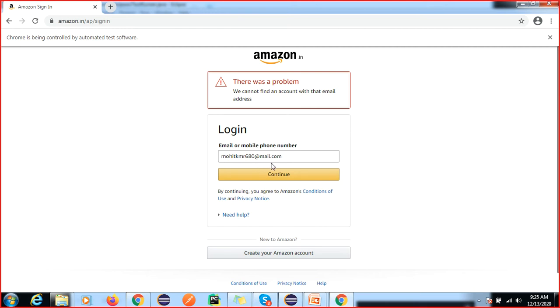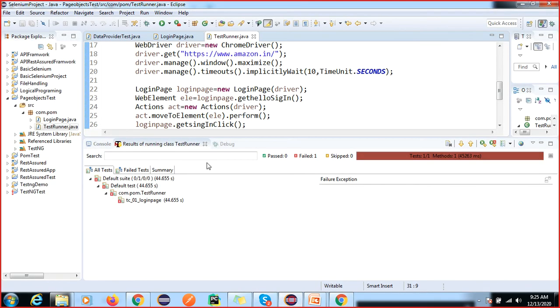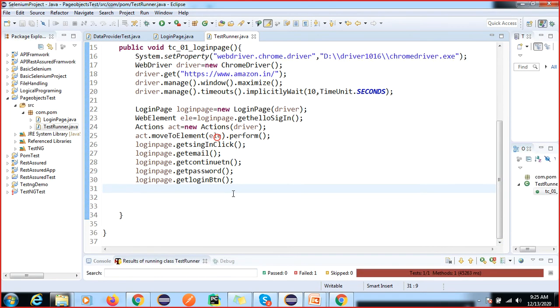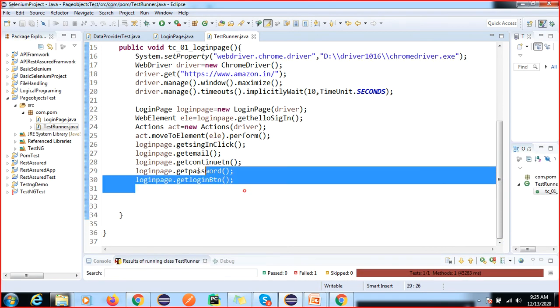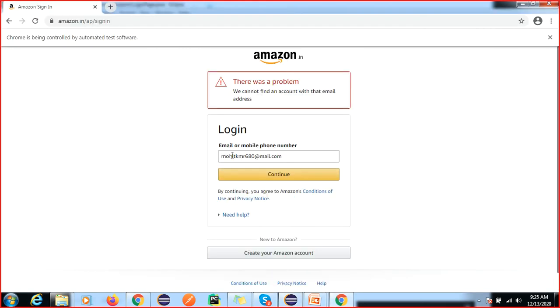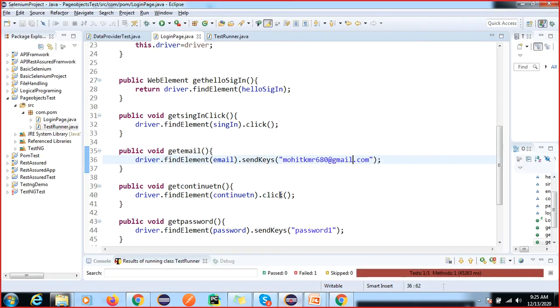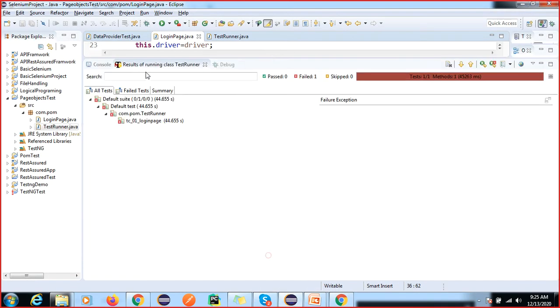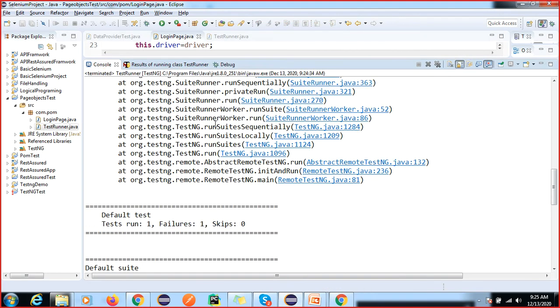Actually email id I have written incorrect, right? So I have to pass the proper email id, otherwise these steps will fail. Okay, so let me check this Gmail. Okay, what happened, my script is failing here. So your script will execute, right? You can see, read this console. So what happened, it is broken over there, right?